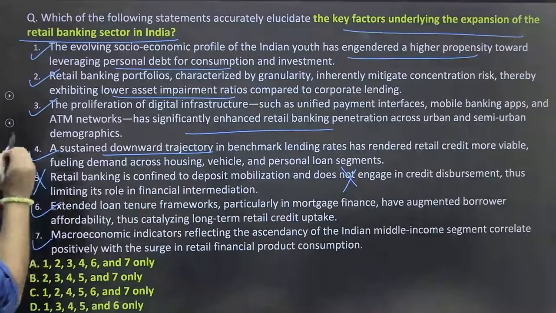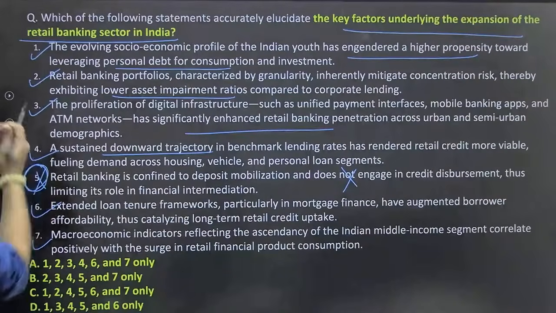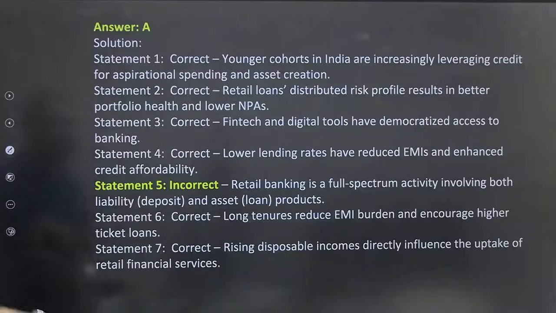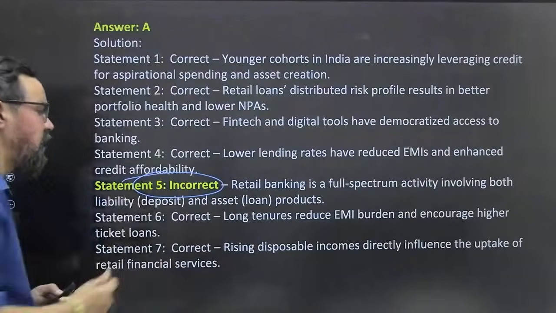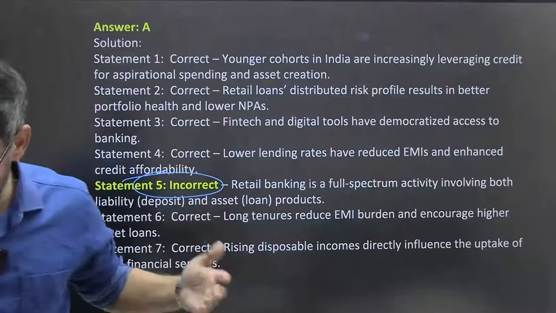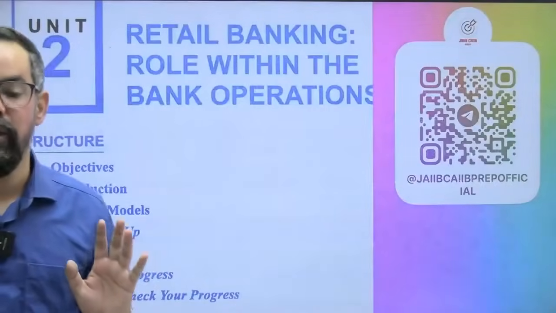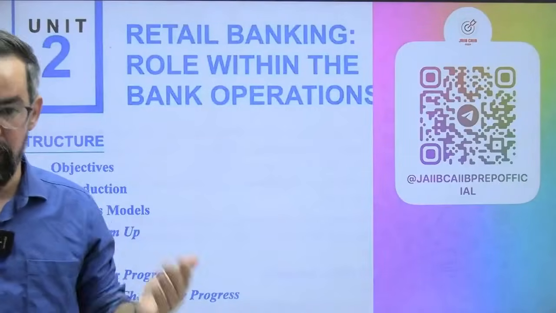Okay. So apart from statement 5, the rest of the statements seem correct. So 1, 2, 3, 4, 6, 7. Option A only should be the right answer for this particular one. Anyone? Yes. Very good, JP sir. The only incorrect statement was this one, and even that is a very obvious statement. Okay. So I hope everybody is able to understand that one and answer that particular one.